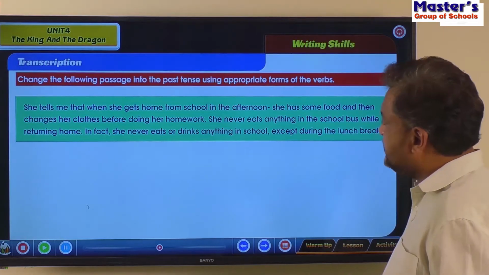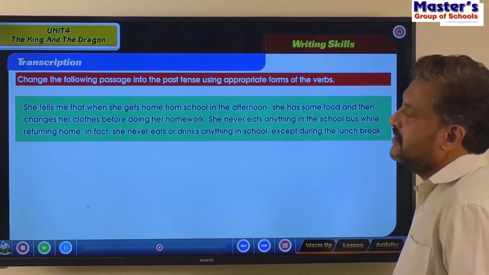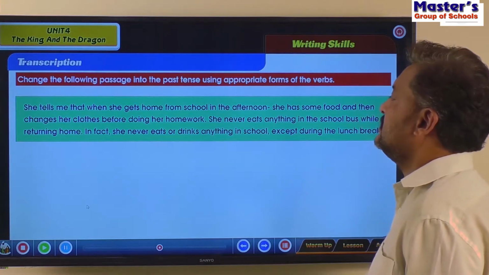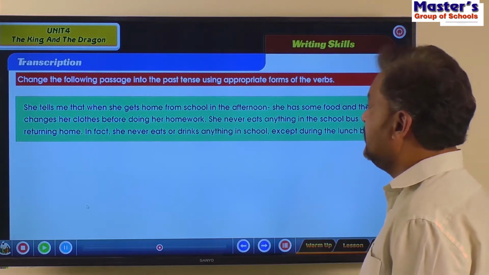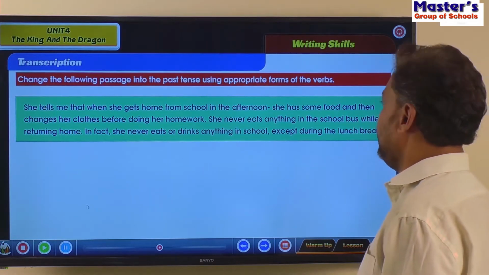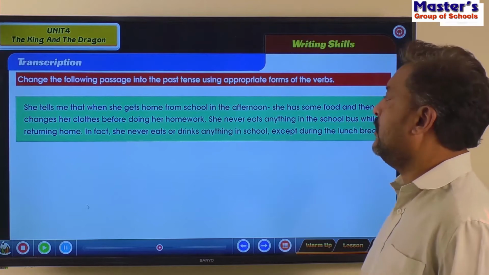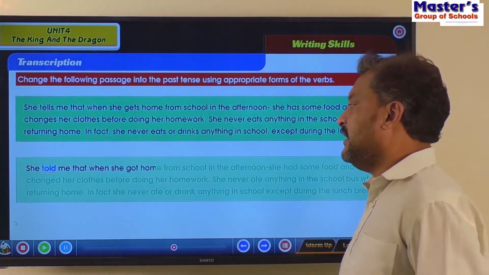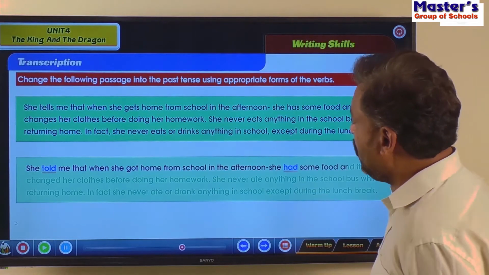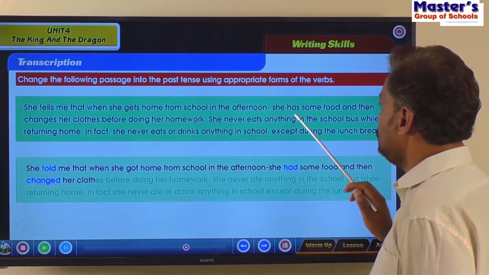She never ate anything in the school bus while returning home. In fact, she never ate or drink anything in school except during the lunch break. Right? Okay. She told me that when she gets is changed into got home from school in the afternoon, she